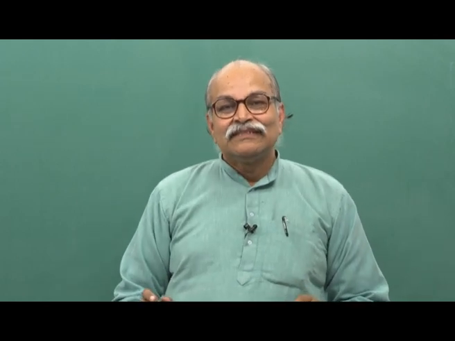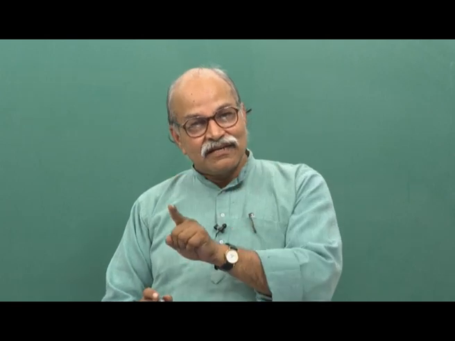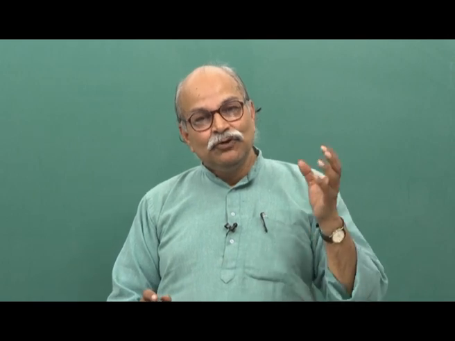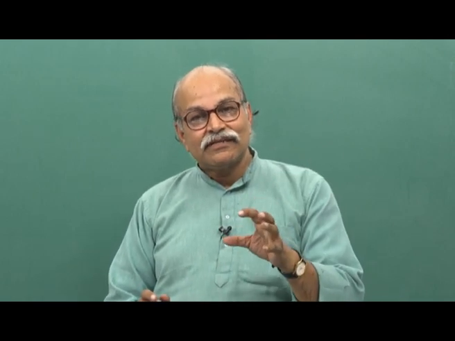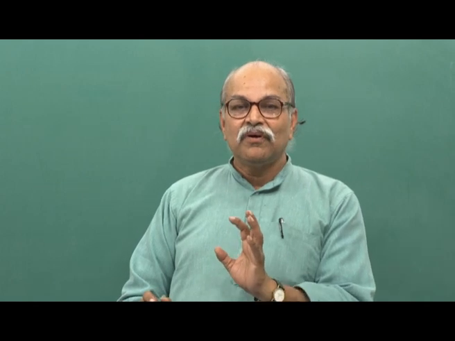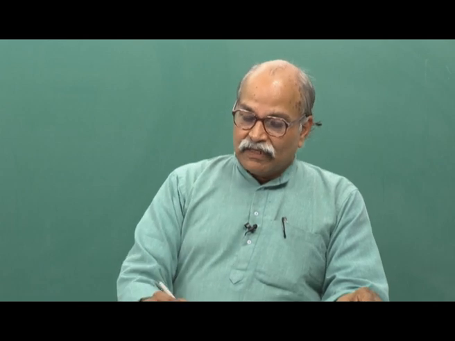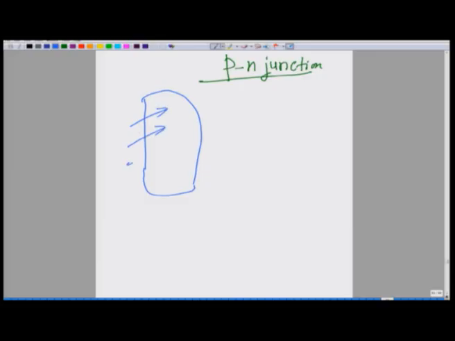You do not bring two semiconductors and put them in contact to make this p-n junction, not like that. You take a single semiconductor material, a wafer, and then you diffuse impurity to make it of one type, either p type or n type. Suppose I have this material, and from one side I am making some impurity go into it and make this whole thing, let us say, p type. So, we are putting in these p type impurities.